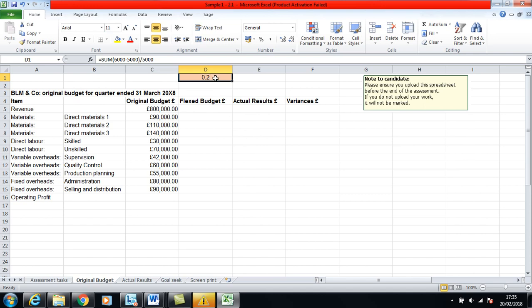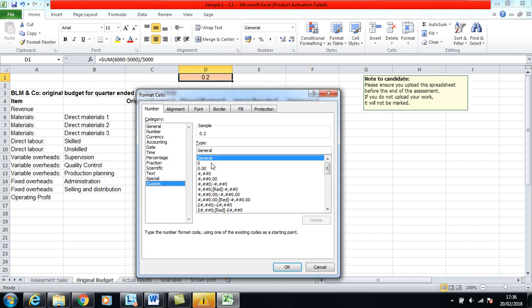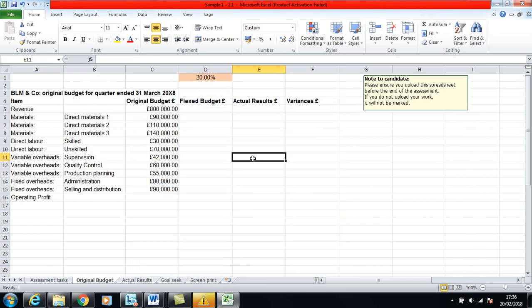I'm going to apply the same format as it tells us to in the assessment, but for some reason it didn't seem to be working for me, so I'll just show you. So we want to format cells, and then onto custom. And like I said, sort of like last year, if you just tend to type in as they're asking you to in the actual assessment, you can see it says 20%, but unfortunately, again, it might be just my computer, it doesn't do it to 2 decimal places as it requests. So again, if I just change the hashes to zeros, you see it puts it in for me. So I'll do that, and again, it might just be my computer. Okay,